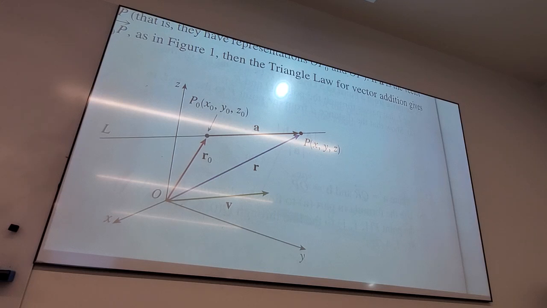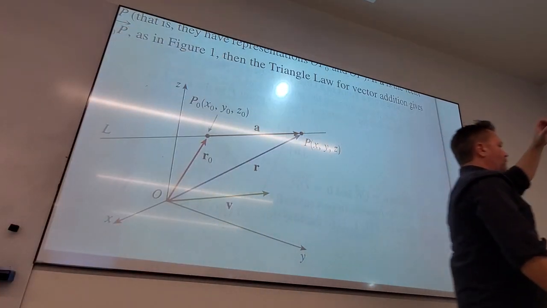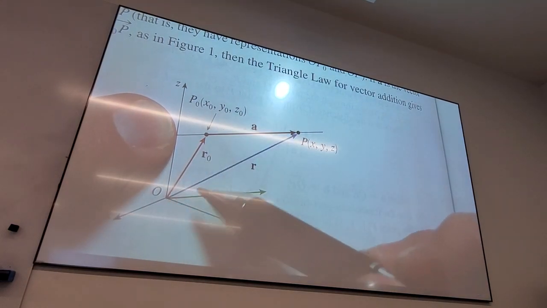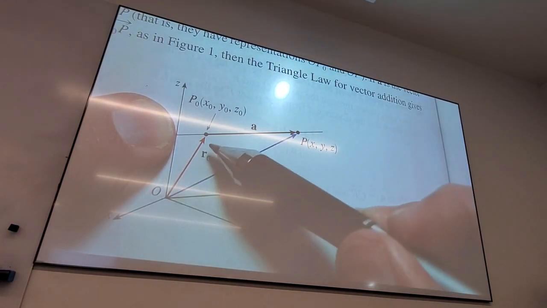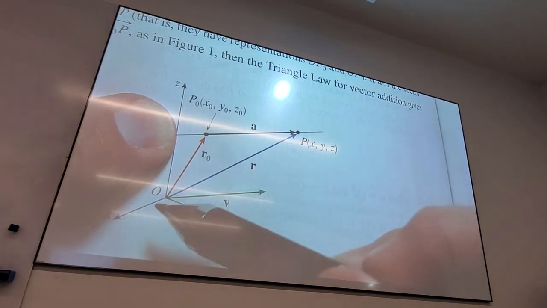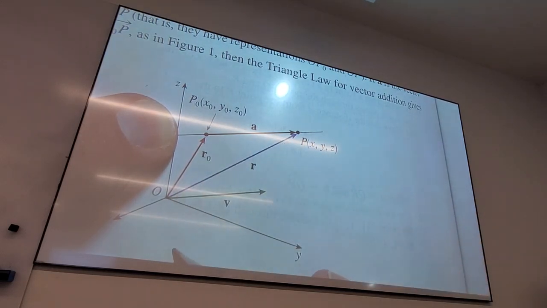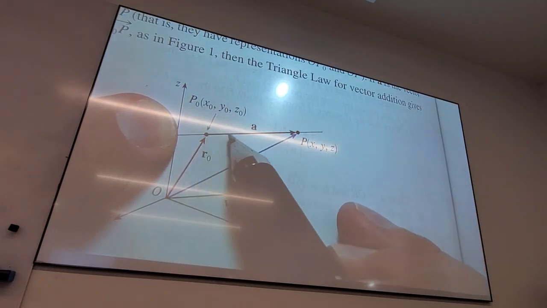For some reason they're really sticklers about it, and if I pull it up, it's now some other vector A, but that's the direction I'm going in. So if I give you a point in 3 space, there's a related vector with that, yes? My point is x naught, y naught, z naught, and my vector is r naught. If I add some multiple of my direction vector, I can get another